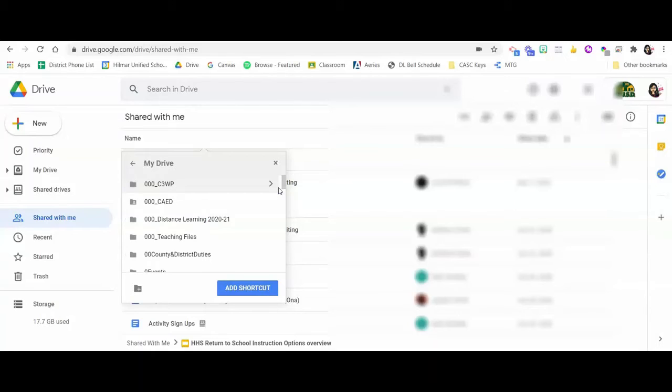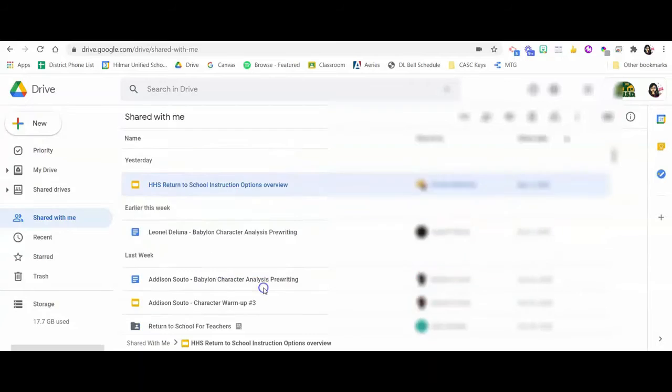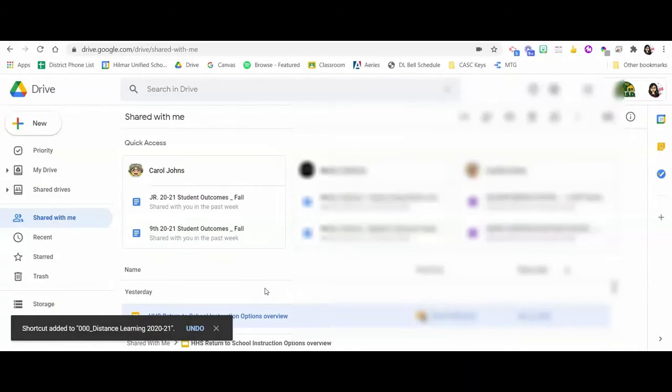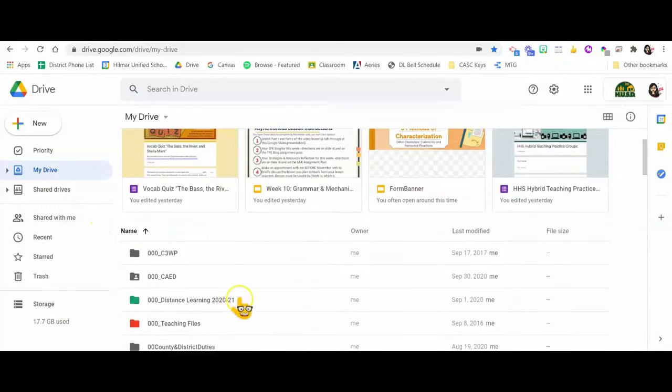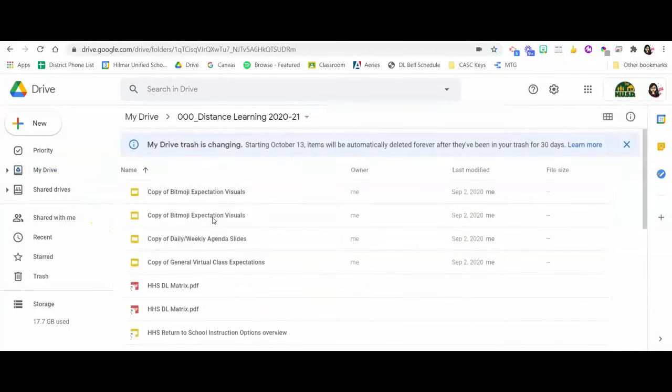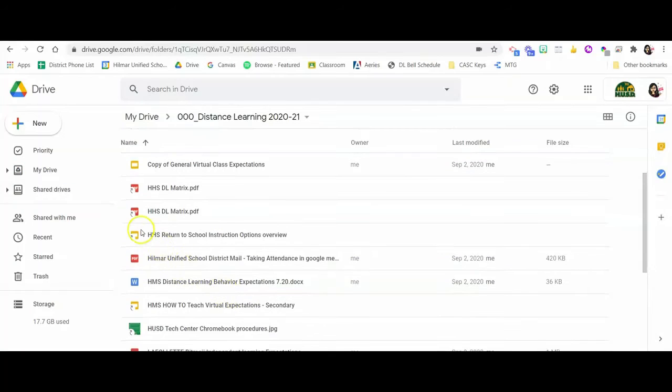So I'm going to go ahead and click on my drive, and then I'm going to find the folder that I want it to be in, and this is related to distance learning, so I'm going to add it here. So I'm going to click on Add Shortcut, and then I'm going to go into my drive, and I'm going to go to that same folder, and then you'll see right here that there is the file that I just included,